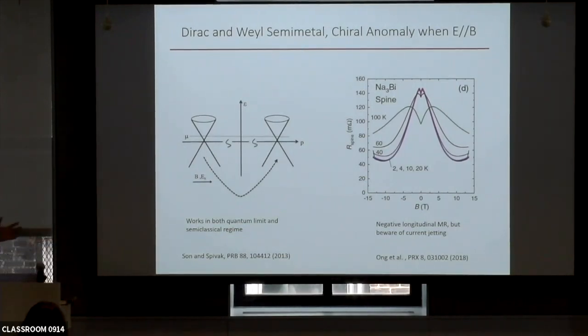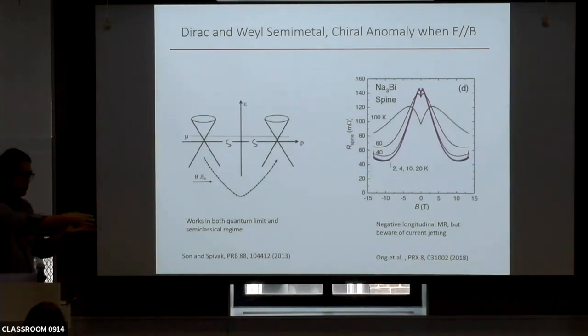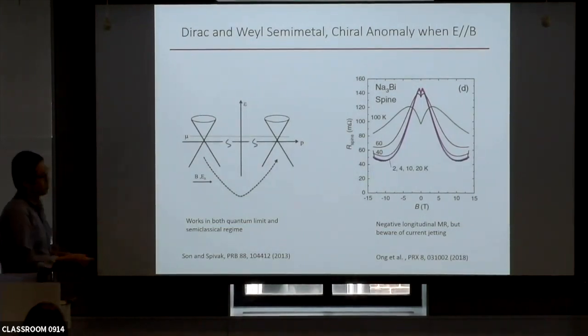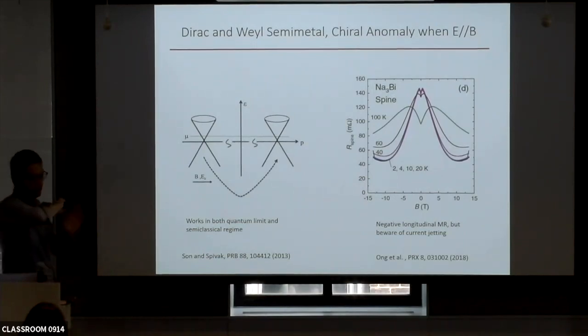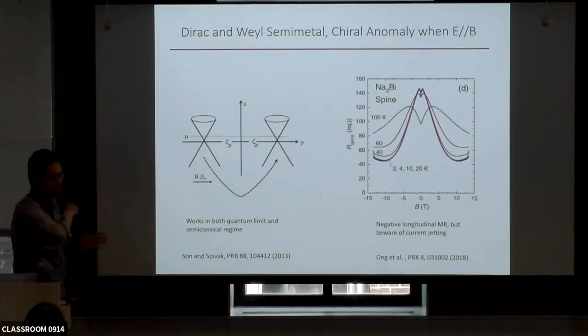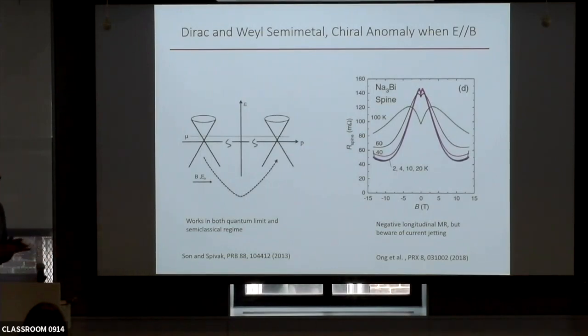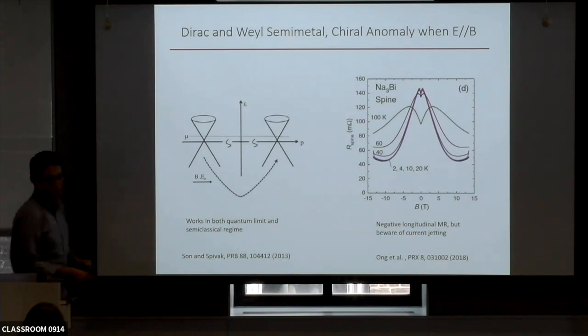But another way to verify this is if you can actually control the topological phase of your material, tuning it and switching from one topological phase to the other, and then see how this chiral anomaly, or the quantity you measure, changes as a function of the control parameter. Then you can also verify that this is actually the physics you're trying to probe.